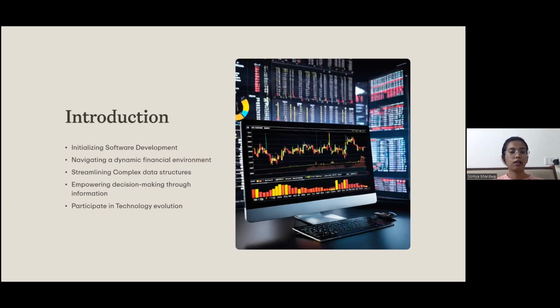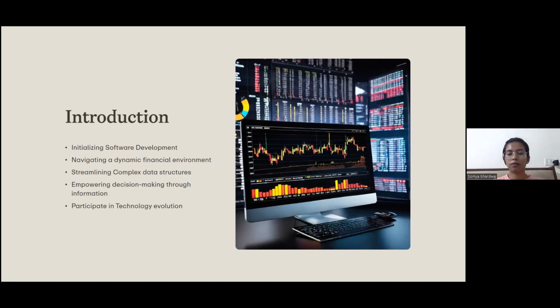Then we have streamlining complex data structure. To understand this, let's picture yourself as a librarian faced with a monumental task: organizing a vast library with books scattered everywhere. Your goal is to ensure that all the books are neatly sorted and easy for everyone to find. Now, in our project, we will understand the librarian organizing all the financial data neatly, just like books are carefully